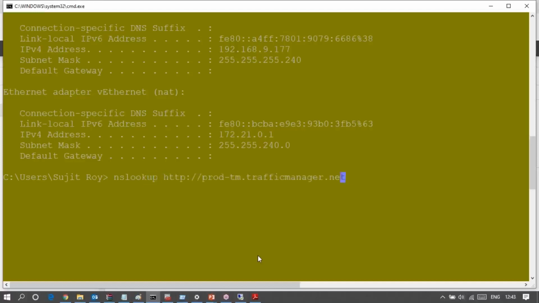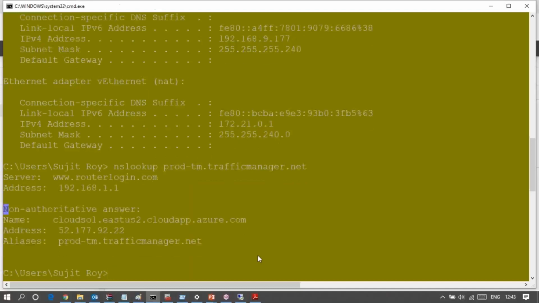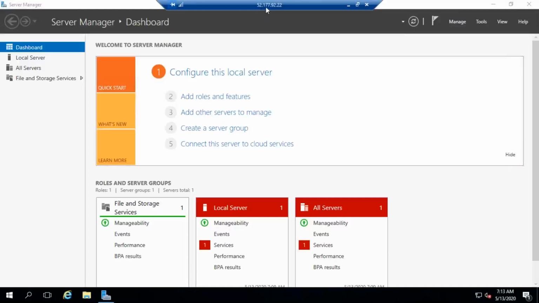NSLOOKUP, paste it. So remove HTTP, this one, and enter. So the address says 52.177.92.22. This one is the public IP of my load balancer. See, remember using the load balancer, I was calling the virtual machine.